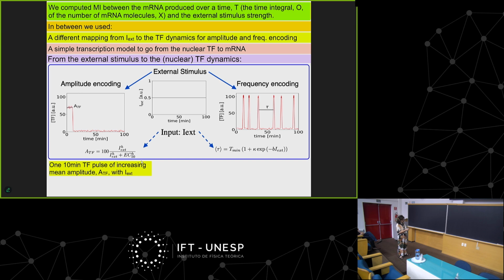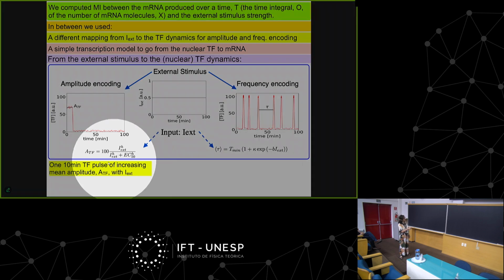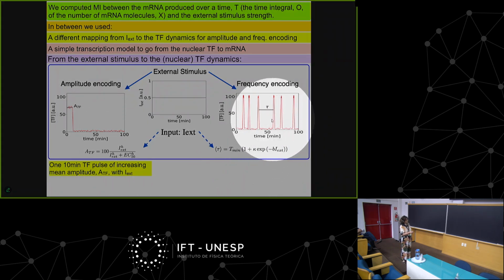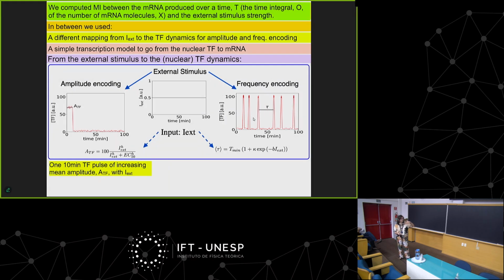And plus some noise, which is Gaussian noise over here. And in the case of frequency encoding, I'm going to explain why we choose that. We choose a random sequence of pulses, all of the same mean amplitude plus noise. And the time separation between successive pulses is a random variable that is exponentially distributed. And the mean time between successive pulses is